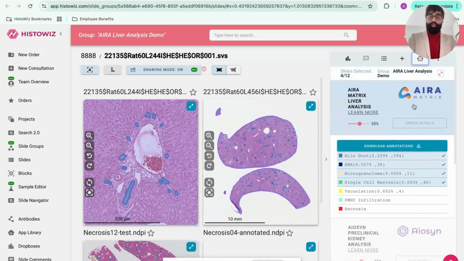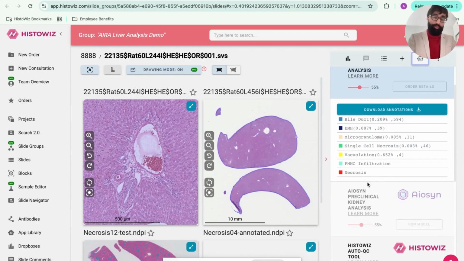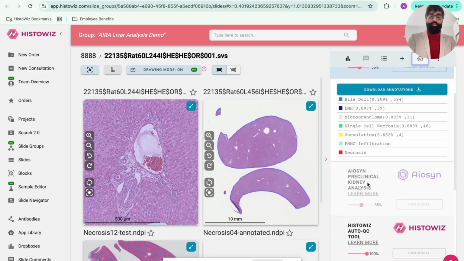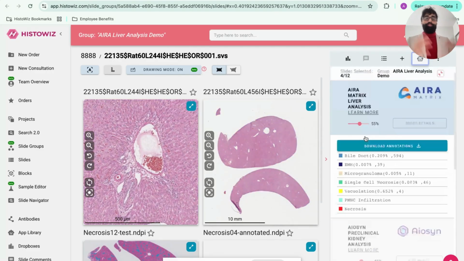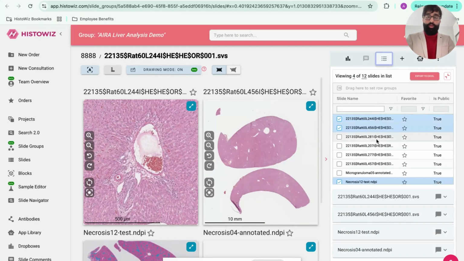And not just that, we also have the ability to upload third-party annotations directly to the platform. And again, this helps to accelerate your research, because it might take some time to add new AI buttons onto the platform.